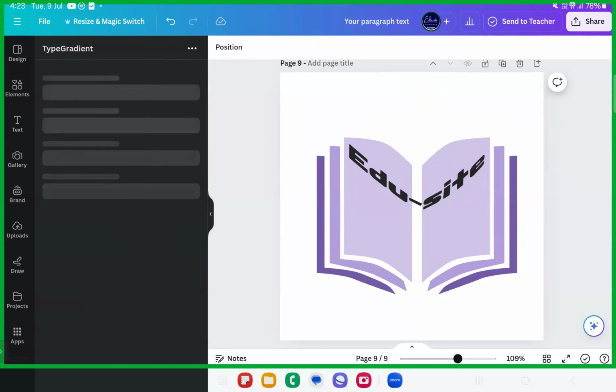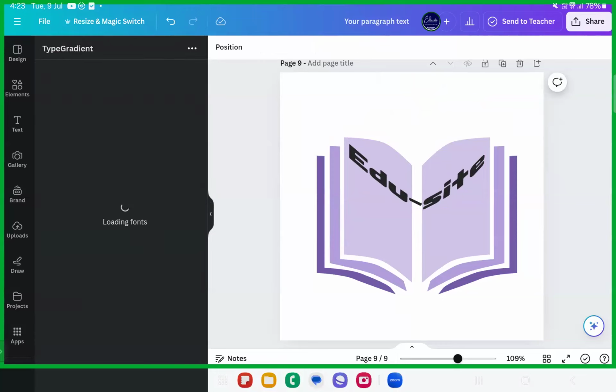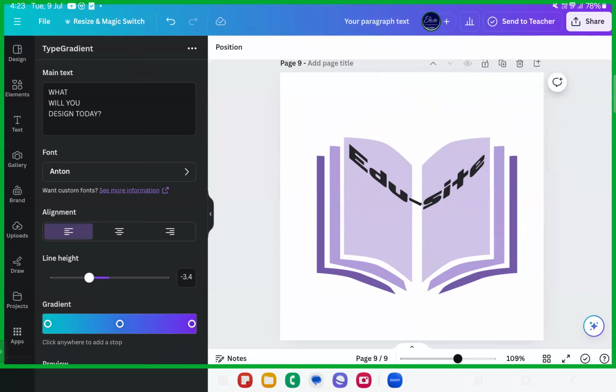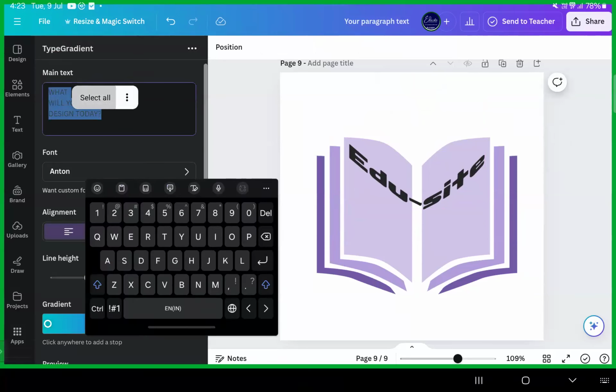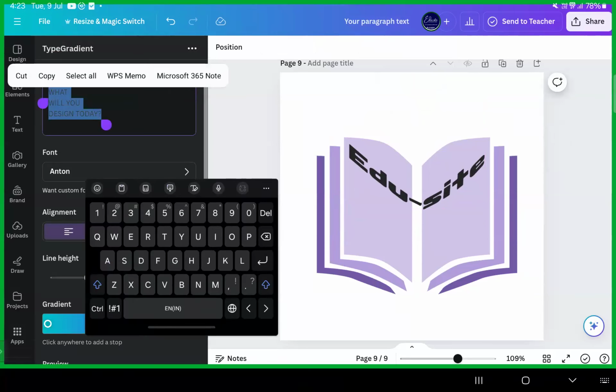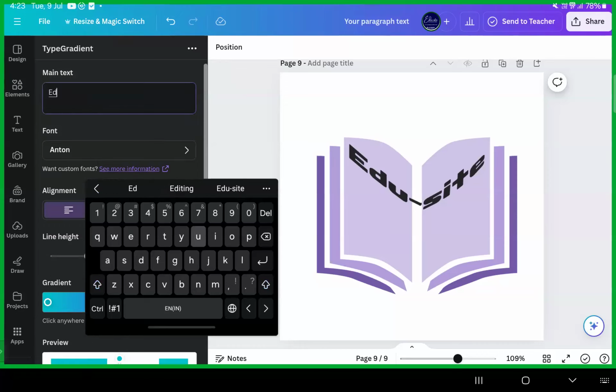Okay, this is here. Whatever you type, the colors of the text, if you want to make sure you are having beautiful colors to the text, I mean multiple colors for the text. Probably you have seen that the text that you actually import will have a single color, right? Okay, this is the way you can have multiple colors, in which you can have different gradient colors for your text. For example, EDU-SITE,